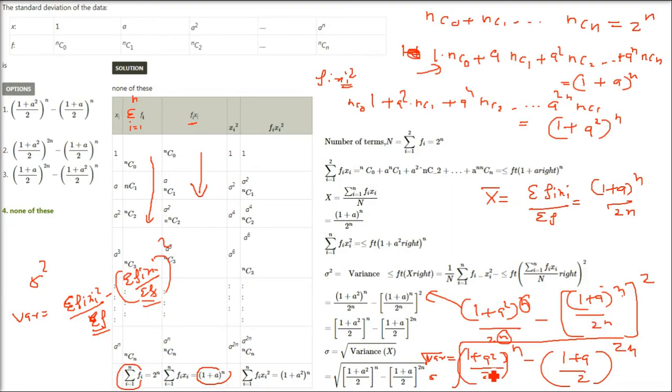Now what do you see here? You have no option here. So the answer here is none of these, because there is no option with an under root, and for sigma we need to have a square root. There is no square root in the options. So simply 4th is the answer. If you go to this question number 6 of your book, R.D. Sharma, it's given A as the first option. I don't agree with this A. Answer is none of these.